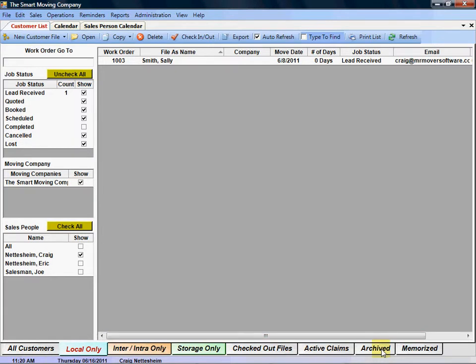The Archive tab is where you'll go whenever you're looking for an older customer. This software automatically will move customer files from the current customer list to the archived customer list after the move date is 3 months in the past. Now that 3 months number can be changed by you in your system settings, but the default is 3 months. So once that move has been completed, 3 months after the move date, it will automatically get moved over to the archive. So if you're looking for a customer that moved with you a year ago, you must click on